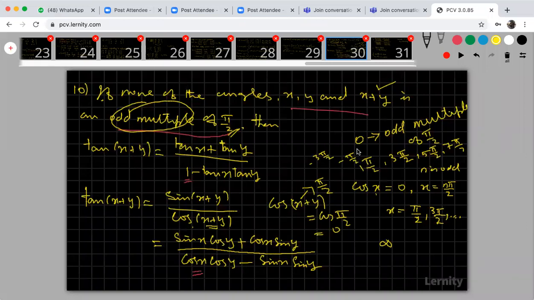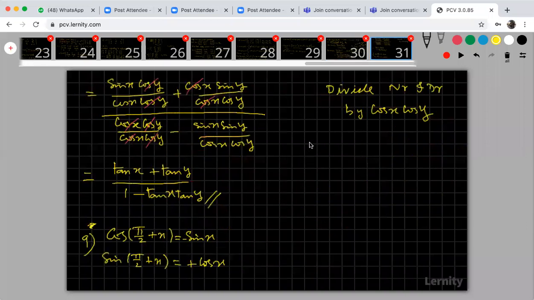Please try to understand. Cos 0 is 1. Your cos x is equal to 0 when x is equal to 2n plus 1 times pi by 2. Your 2n plus 1 is an odd number. Please note that n belongs to Z. If you take n equal to 0, I will get 1 pi by 2. I never get x as 0. This is called an odd multiple of pi by 2, 2n plus 1 times pi by 2.